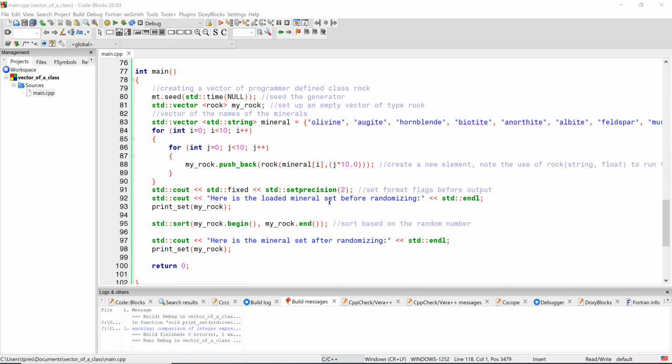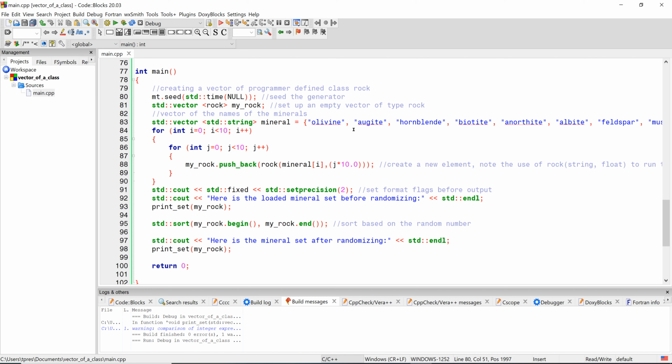And this program's on your Canvas page, so you can take a look at it. So here's main. Line 80 starts with just a seed of the random number generator. The new one, there's a way that you can seed it with a random device generator. But there seemed to be a little bit of system dependence, and I wasn't always getting good results with that on my system, so I went ahead and just seeded it with the time,